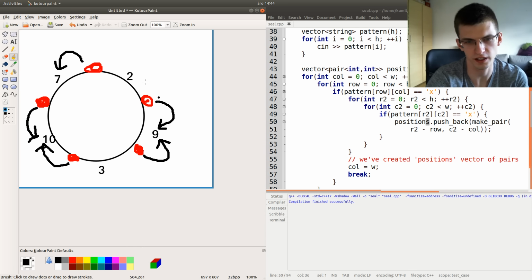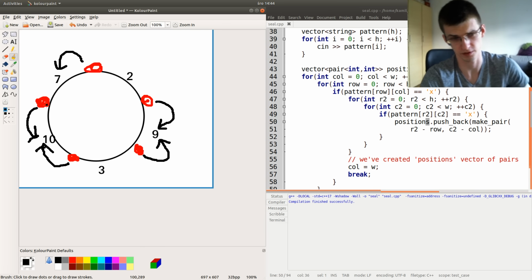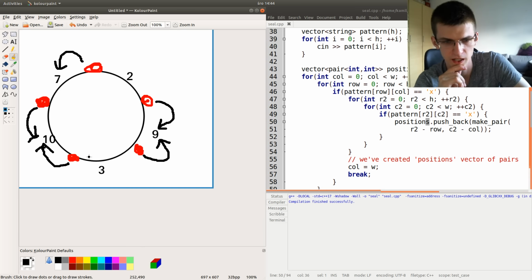We can now check that at every place, every person is not dissatisfied. So this person doesn't want to change to 2, this person doesn't want to change to 3, because they both have 4.5 here, the half of this value. And we can check the same for the other 3 guys. So that wasn't very hard.